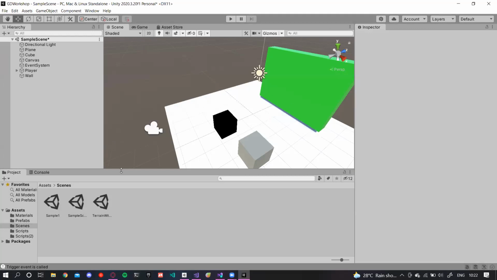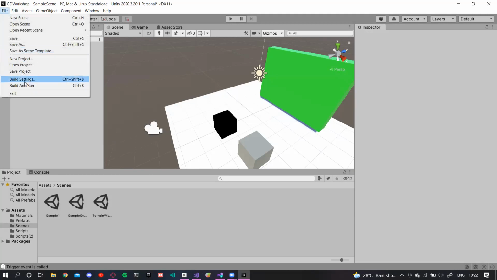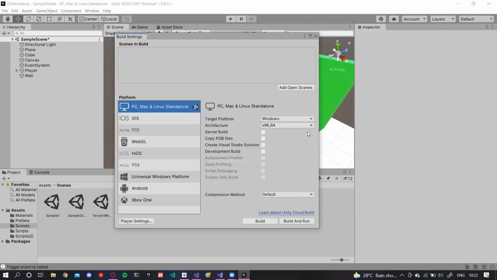You can explore more about scene management, like get index to scene. It's usually in the build settings, where you see scenes in build. You can add open scenes and add multiple scenes to this. For now, I added my sample scene, and I can keep adding one by one. You can see this is the index that I've been talking about, 0. And if I add one more scene, it's 1, 2, 3, and so on.